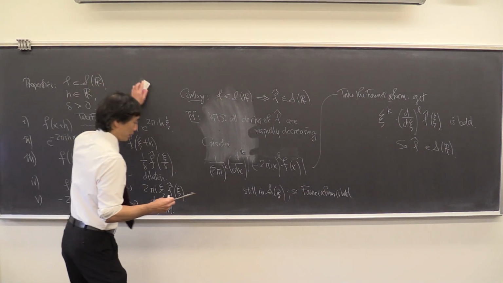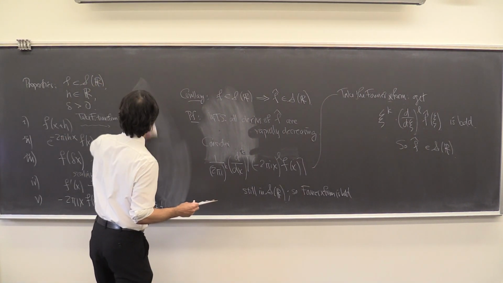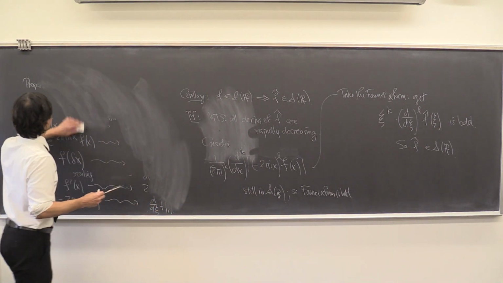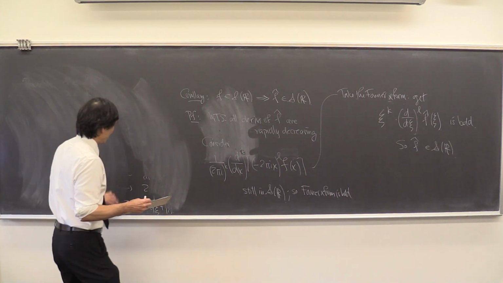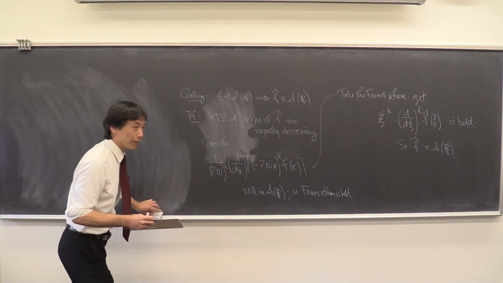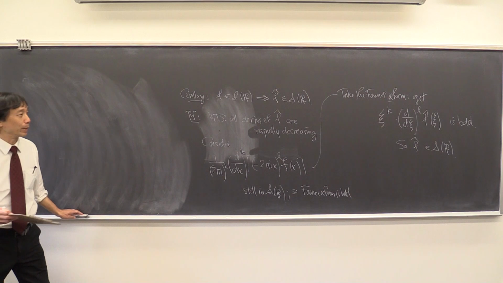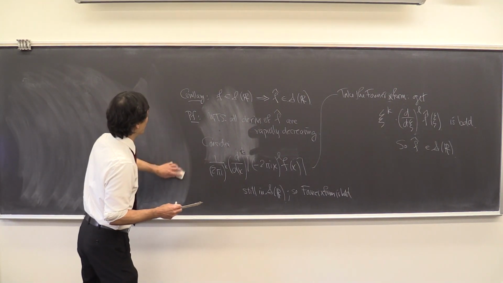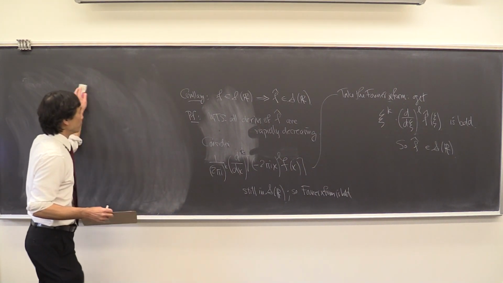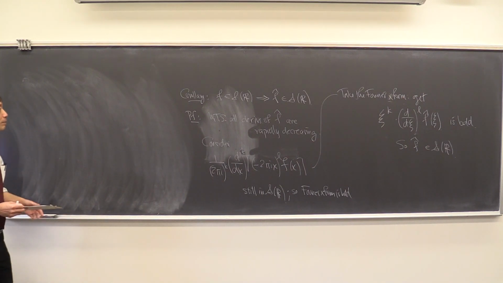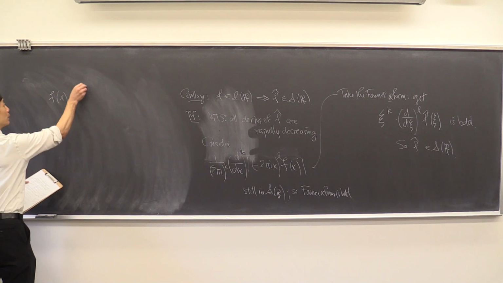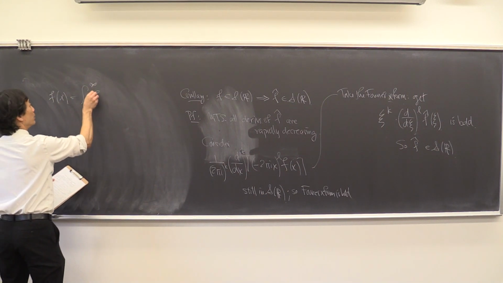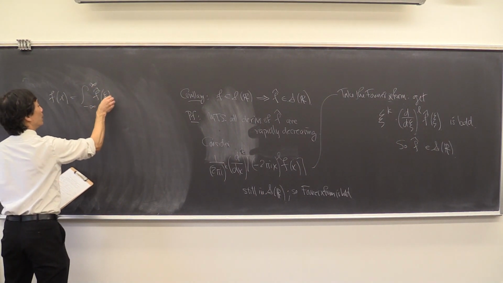Okay, let me erase this. So that's sort of closing up what we wanted to say about the Schwartz-class for the moment. What we're going to do now is go for the inversion formula. The Fourier inversion formula says that you can recover your function by taking the Fourier transform and then